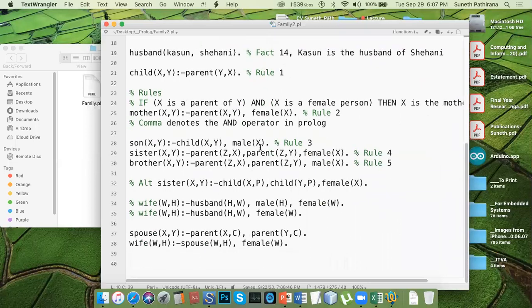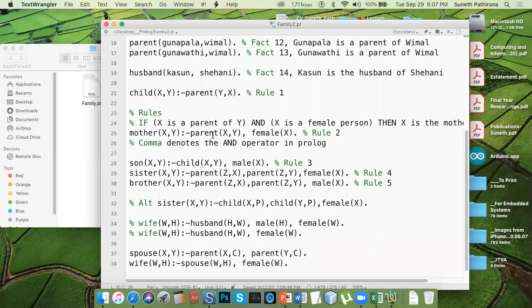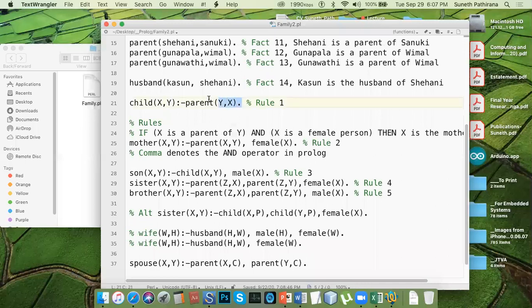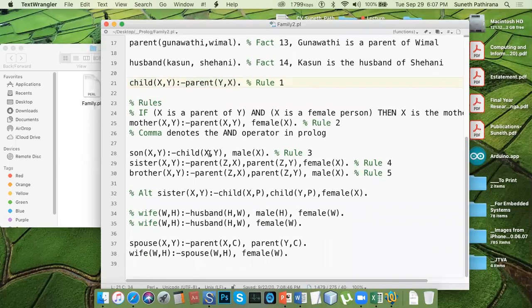Here also, we started by defining simple rules. This is the first rule we have introduced to our program: the inverse of the child relationship. If x is a child of y, then you can invert the relationship and write a rule: parent is the inverse of that. That means if x is the child of y, then y is the parent. So that's rule one.